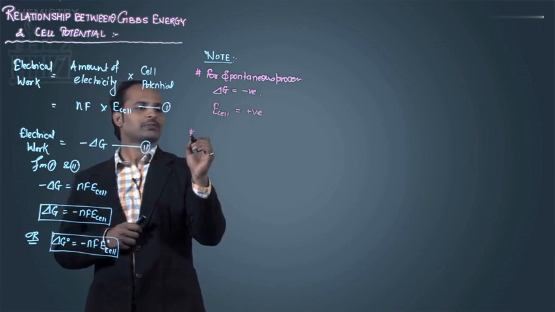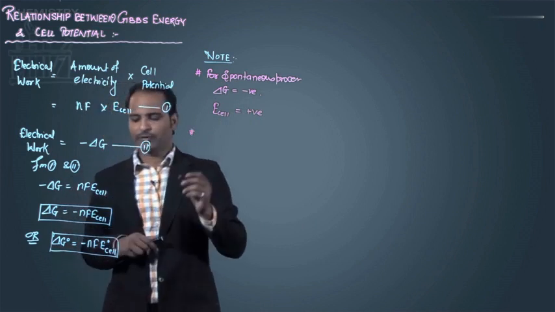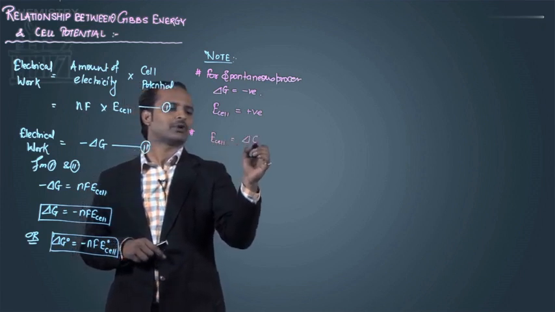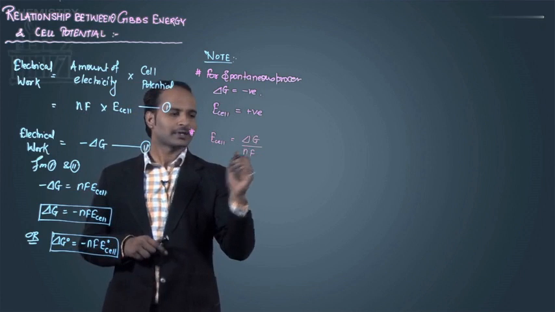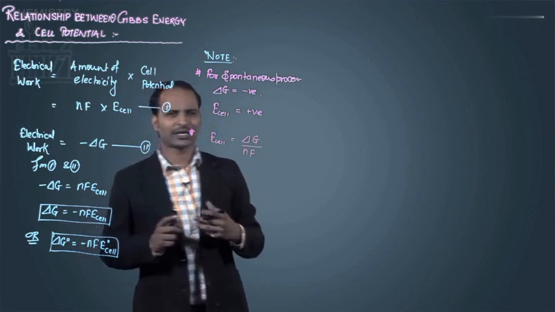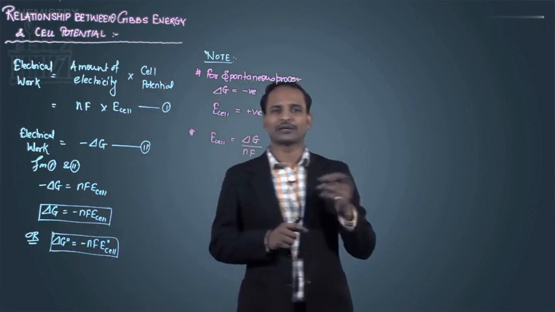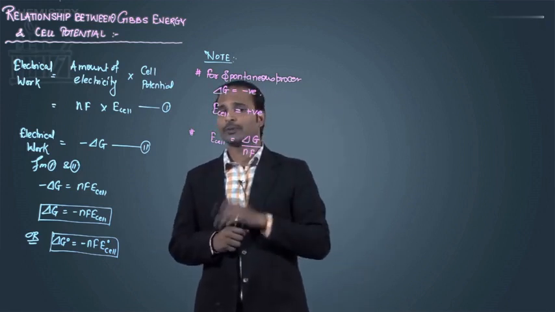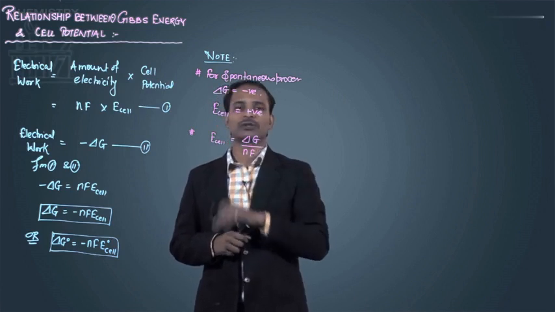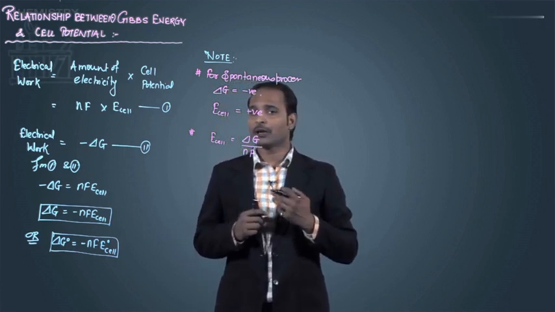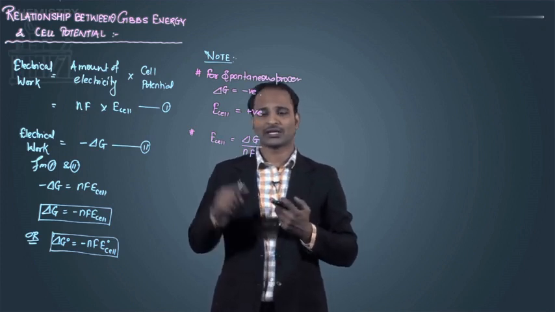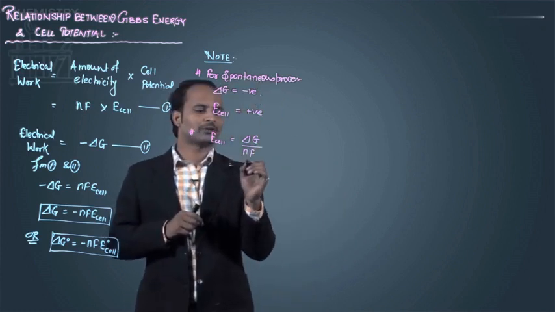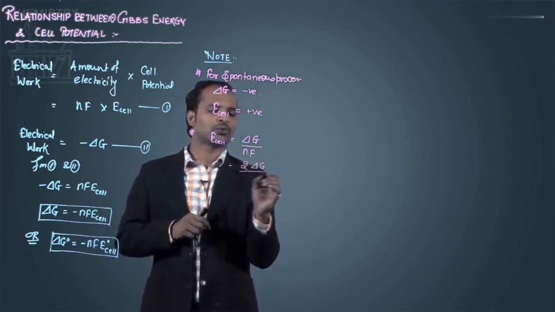Then the second very important point is that if you make a formula for the E naught cell or E cell, then E cell will be delta G upon nF. Suppose there is some reaction, and I am multiplying that reaction by 2, then Gibbs energy, being an extensive property, will also get multiplied by 2. And if you are multiplying the reaction by 2, the number of electrons will also get multiplied by 2. That means if you are doubling the reaction, then delta G doubles and the number of electrons also doubles. So I can say that it will become 2 delta G and 2 nF E cell,